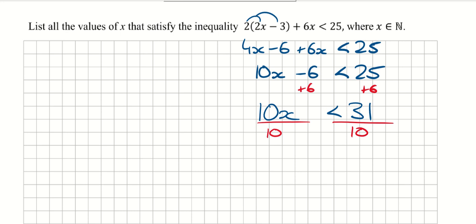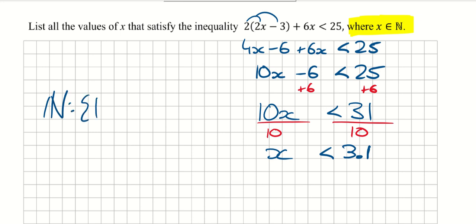We'll see that in a minute. Divide it by 10, and we're going to get x is less than 3.1. Now, when I was reading out the question, I didn't read this bit up here, x ∈ N. That means x is an element of the natural numbers. So the natural numbers, that's N,